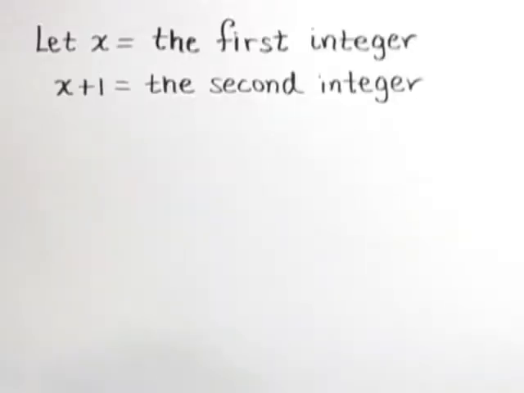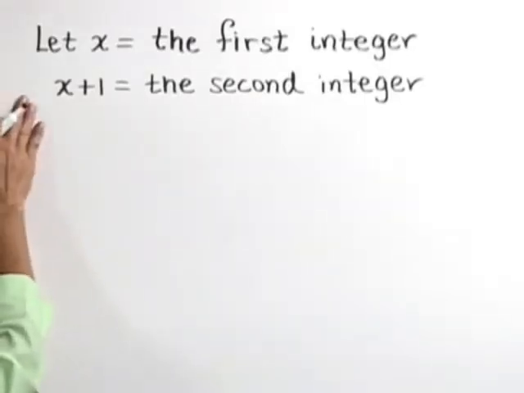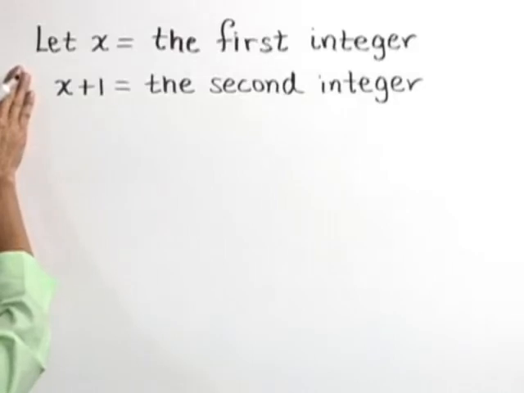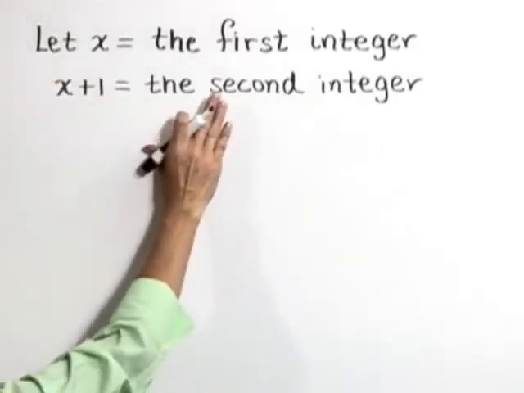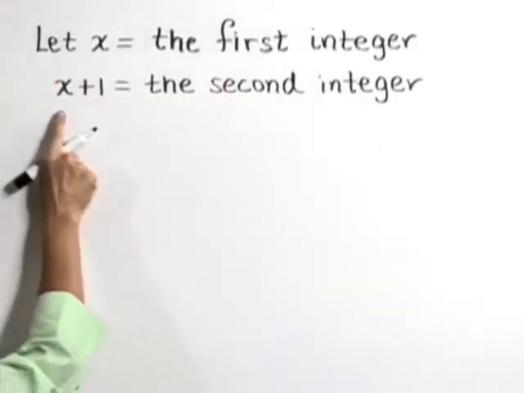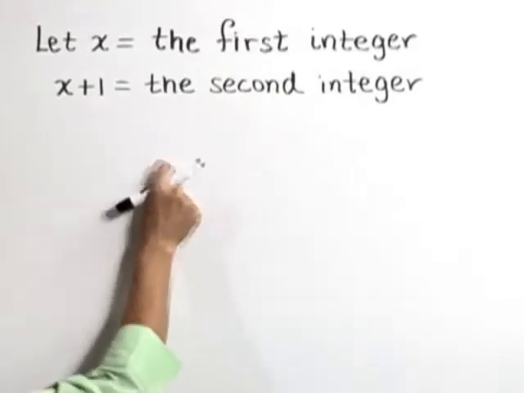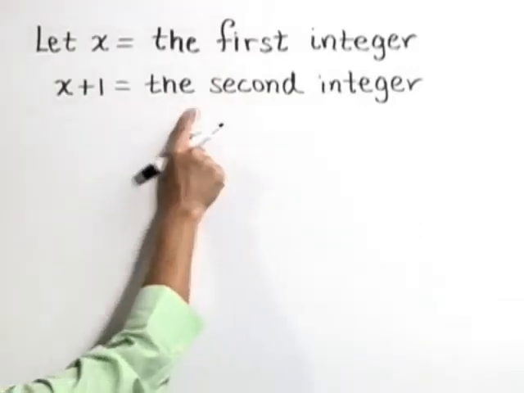Well, we've performed step 1. We've read the problem carefully. Now going on to step 2, let's define our variables. Let's let x equal the first integer and then x plus 1 be the next consecutive integer, or the second